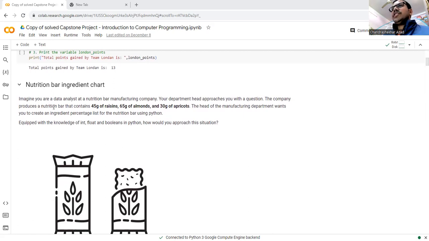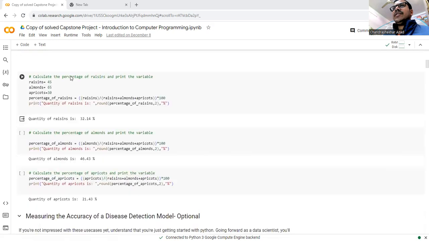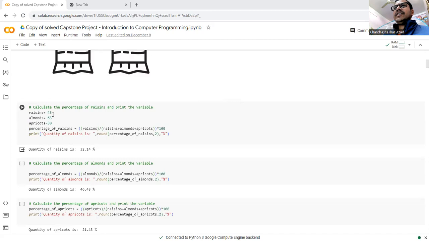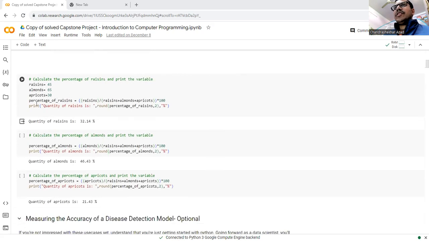Here the company produced a nutrition bar that contains 45 grams of raisin, 65 grams of almond and 30 grams of apricots. So first we assign the fixed values, that is raisin is equal to 45 grams, almond is equal to 65 grams and apricot is equal to 30 grams. So for calculating the percent of raisin, we use the formula, that is the percent of raisin is equal to weight of raisin divided by total weight, that is the sum of weights of raisin plus almond weight and apricot